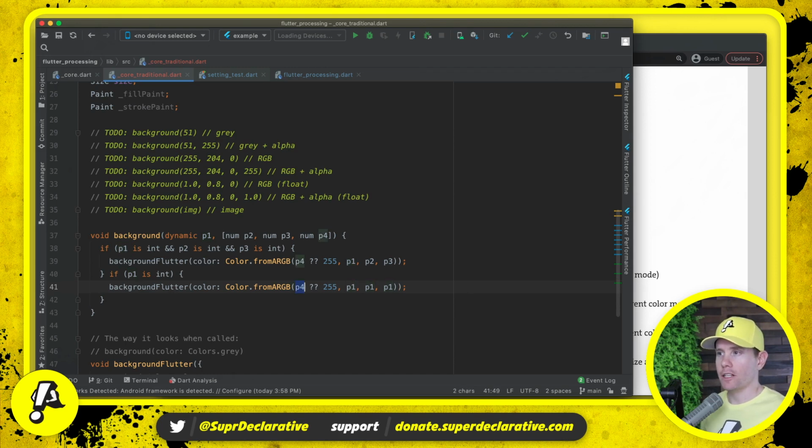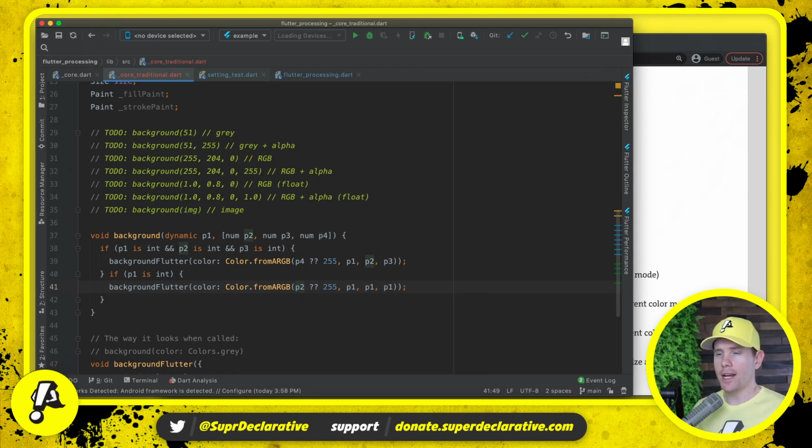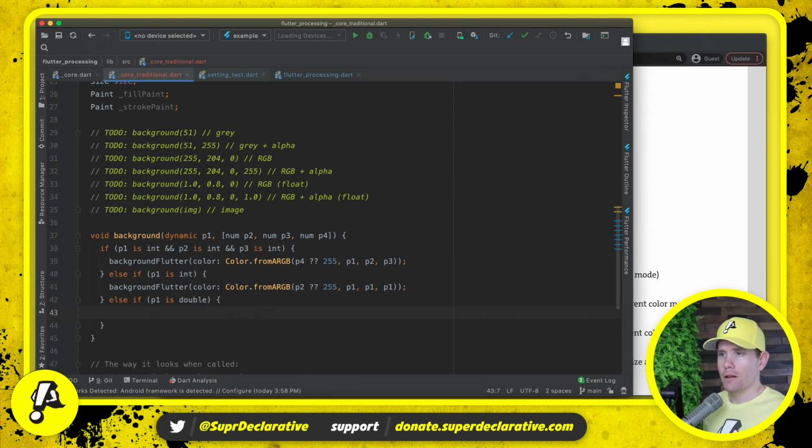And again, P4, this should be P2 in this case, the second parameter, if it exists for alpha, we will use that value. Otherwise, we will pass in 255. We've now interrogated the first 4 cases. Next, oh, sorry, this should be else if. And then we say else if P1 is double. Well, now